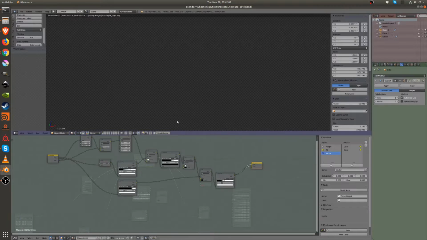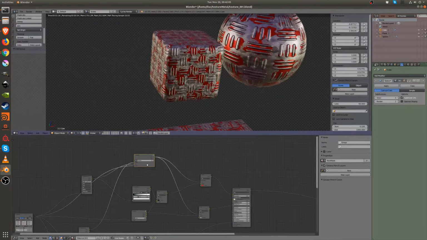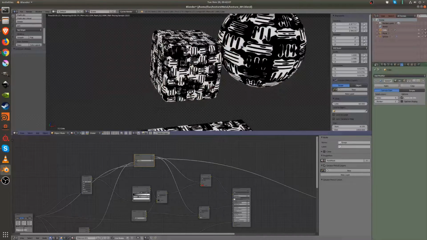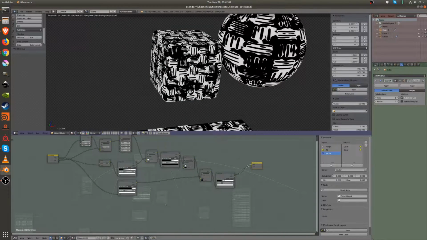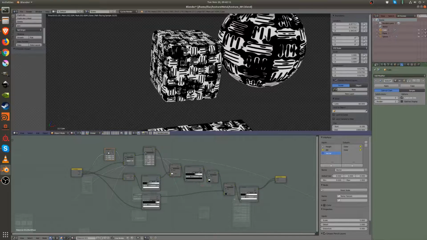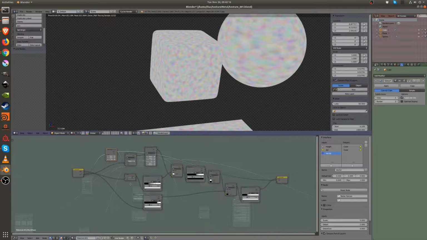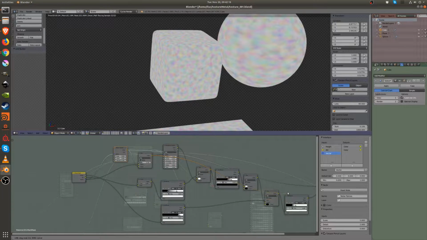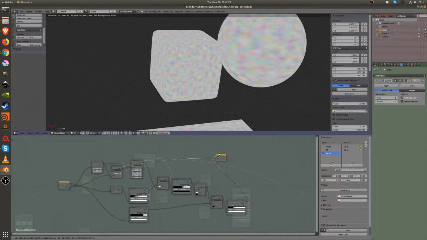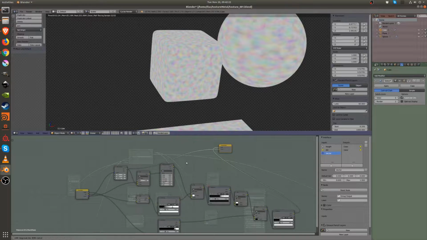So this one will go to here. If I go here, how I created this: I connect this to the preview. I started with the noise. I combined that noise with the vector. So it creates some